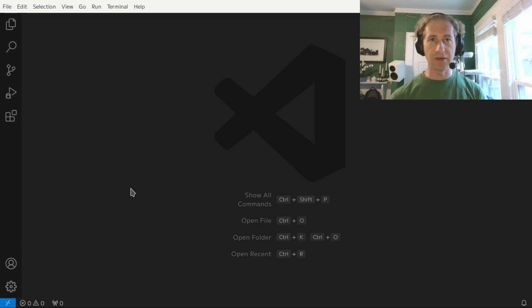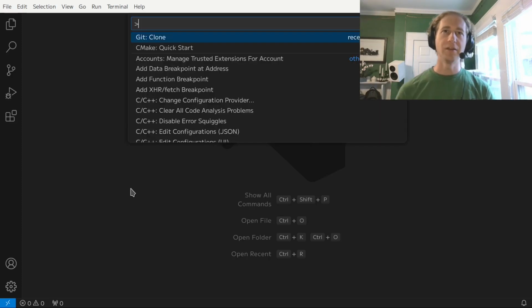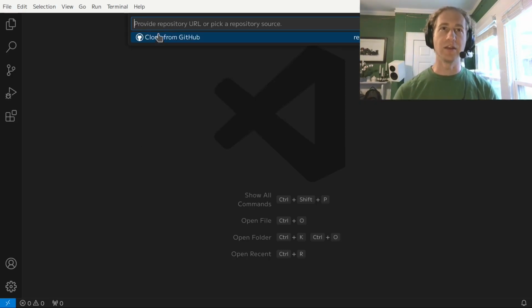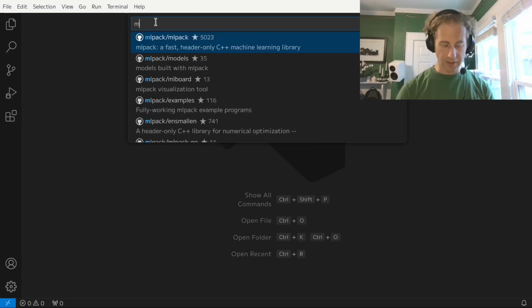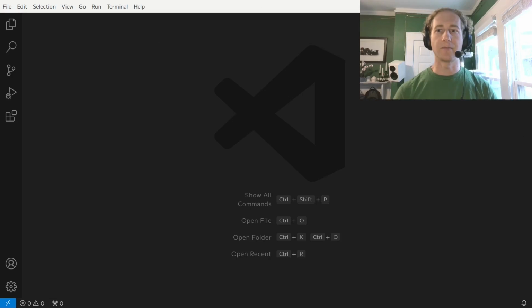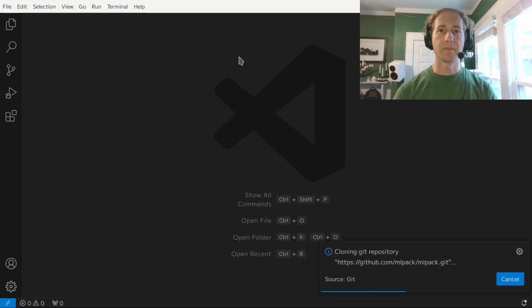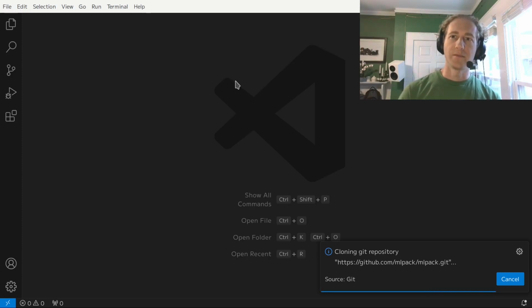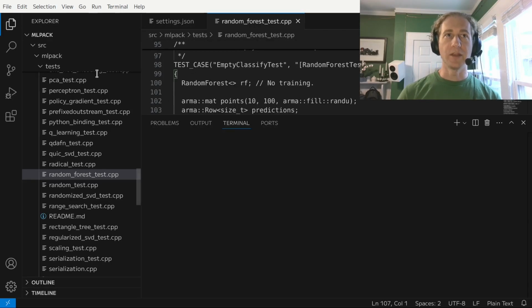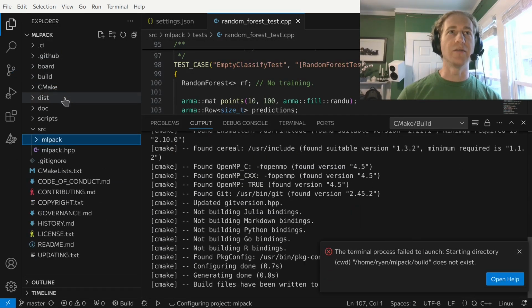In VSCode, I can do that by hitting Control-Shift-P to get to the commands. Then I can search for the git command, and I will git clone. I will clone from GitHub, because that's where mlpack's repository is. I will clone mlpack. That'll take just a second. But when it's done, we can open it up, and we can see all of the things that we have